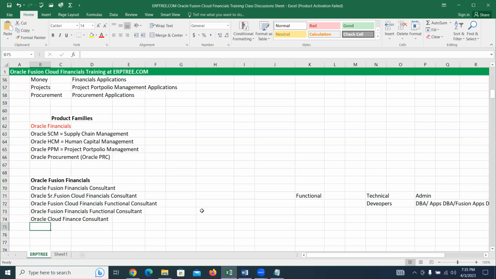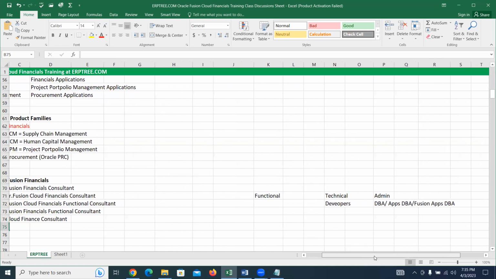Not only Oracle applications, in the market, whatever technologies you have, those all are classified into 3 parts in terms of learning and work. Those 3 are these. One is functional, other one is technical, third one is admin.